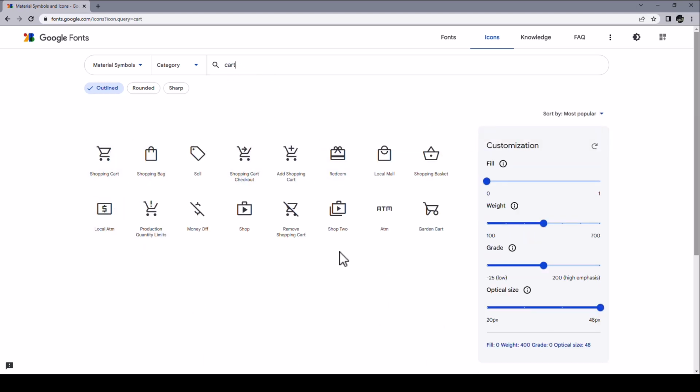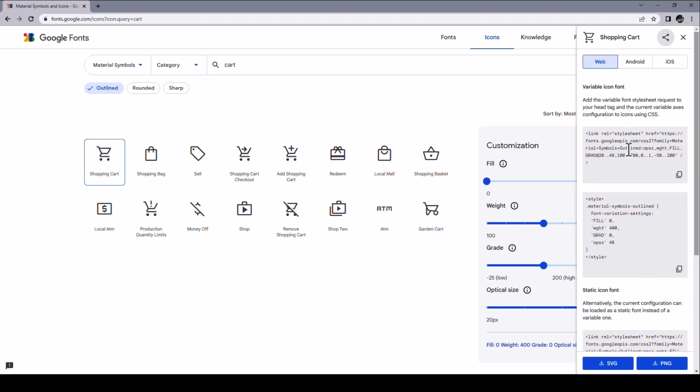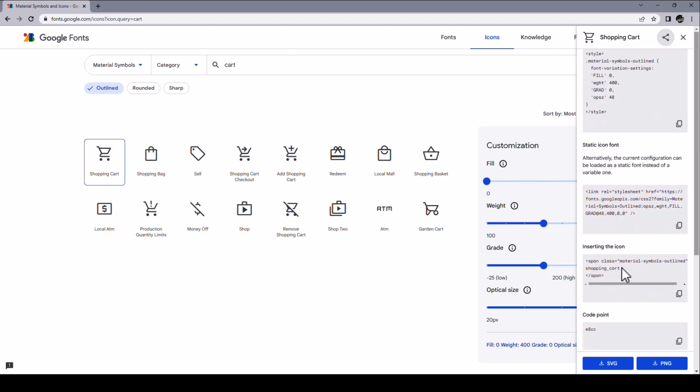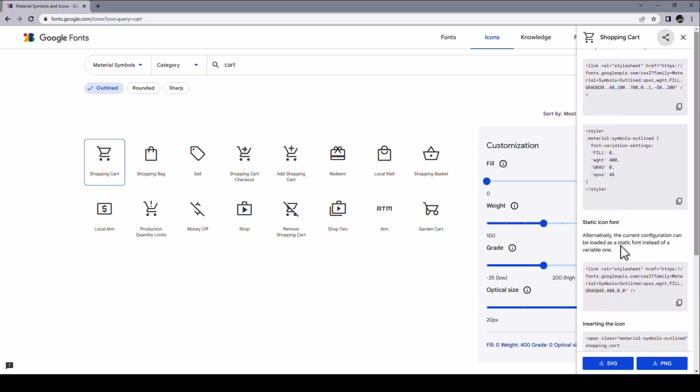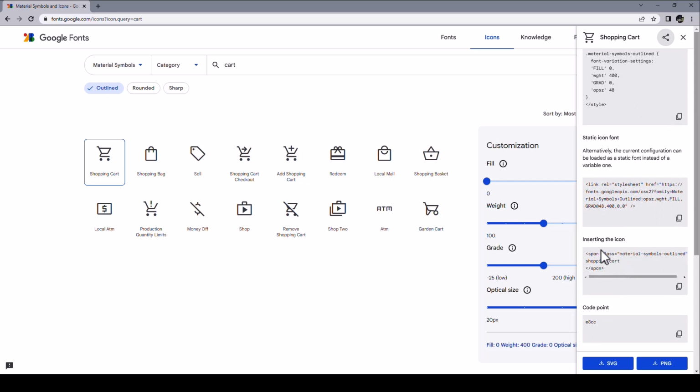And here are all icons that deal with shopping cart, with selling, a shopping bag. And I'm quite certain that you immediately recognize these icons because you surely have seen them before. And let's say you want to use the shopping cart. You click here, and then you get all the different alternatives for how you can use this in your application. For TMS Web Core, the only thing you need is the identifier of that icon. And you'll find that right here, shopping_cart. That is the icon ID, so to speak, that you will need to remember.